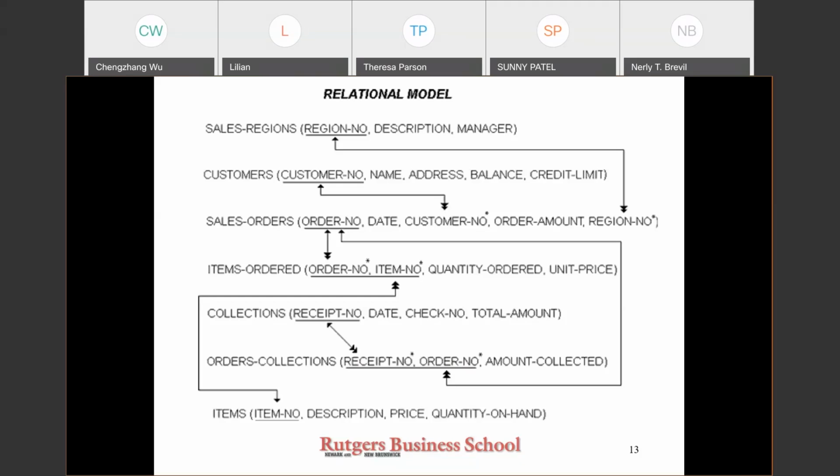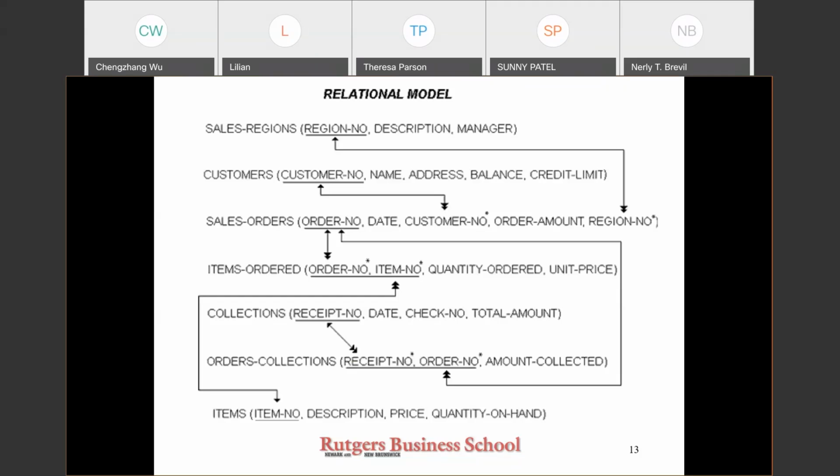So the many-to-many relationship between sales orders and collections is implemented by creating an order collection table, which has the composite key comprising the primary keys of the sales orders and collections tables. So those are the two tables involved in these many-to-many relationships. That is, the order collection